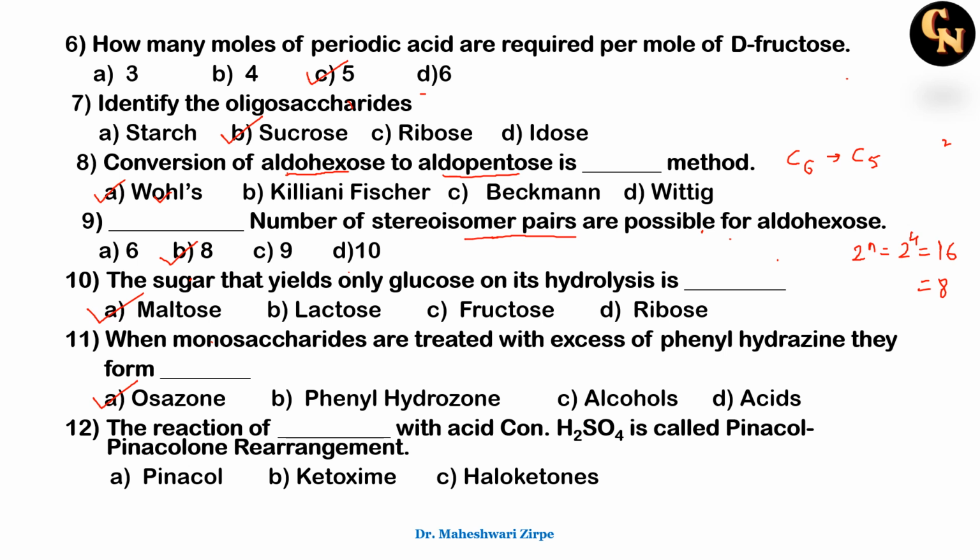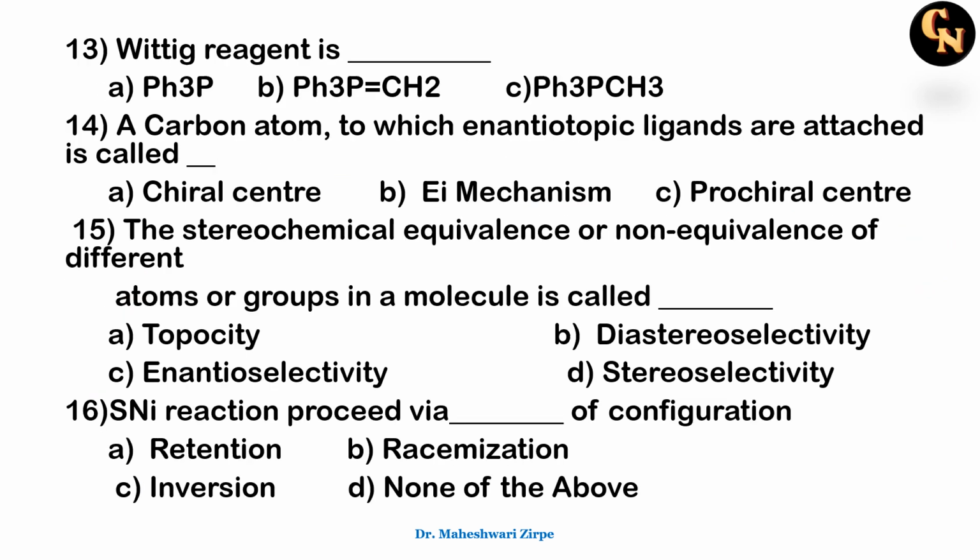Next is the reaction of pinacol with concentrated acid, that is sulfuric acid, is called pinacol-pinacolone rearrangement. This is from unit 1. So we know that when pinacol is treated with concentrated sulfuric acid, the reaction is called what? Pinacol-pinacolone rearrangement reaction. Yes, next 13th one is